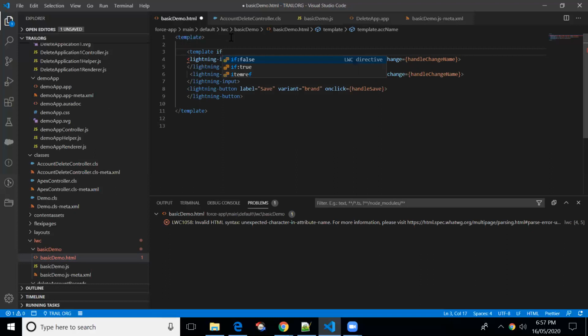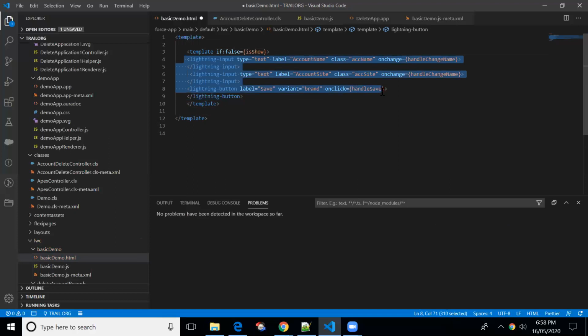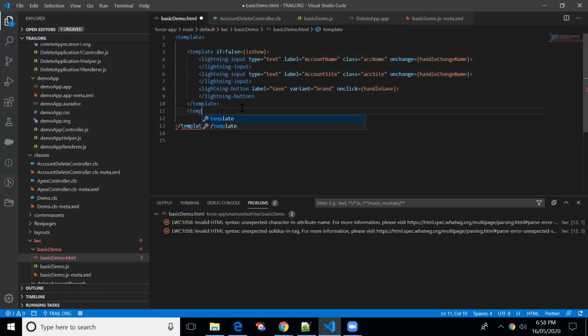Template if false equal to isSue. Let me make it in a good format. Next, on clicking of the button, we'll be saving the record, and then we'll be displaying the second form, the opportunity form.